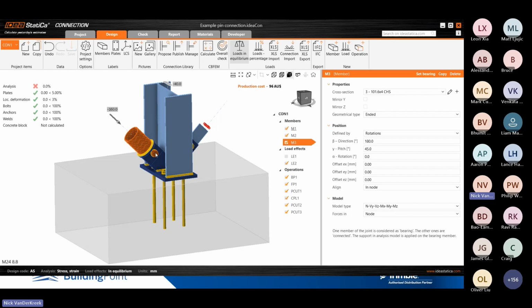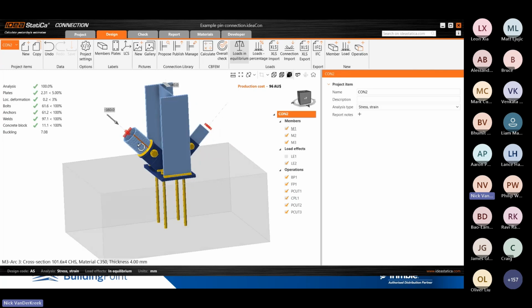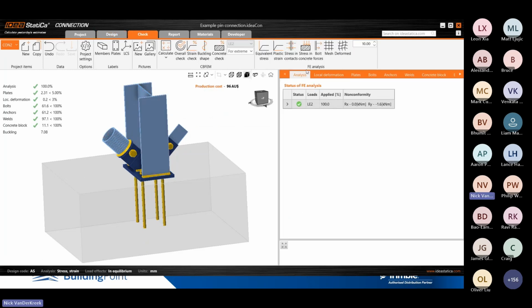And so what we need to do is, again, select a suitable model type, which would be perhaps the 4th one. I think I've got that here in the second connection. And in this case, the analysis completes, but for the buckling analysis, we will see the exposure, in a sense, of the lateral sway mode